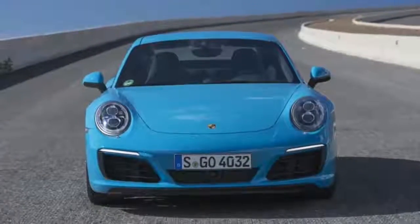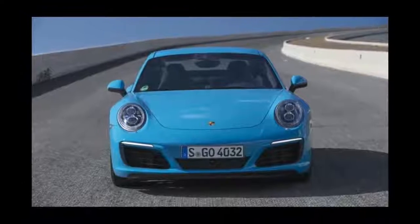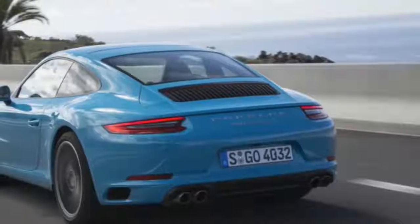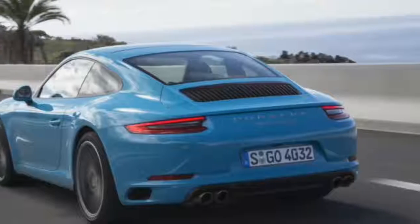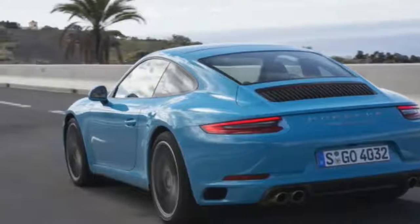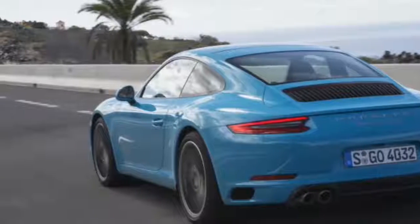Driven back-to-back with a non-rear steer car, I noticed a reduction of effort during fast cornering. My hands aren't moving nearly as much when manhandling the 911 along Tenerife's endlessly curvy roads. Feedback through the thicker rim steering wheel